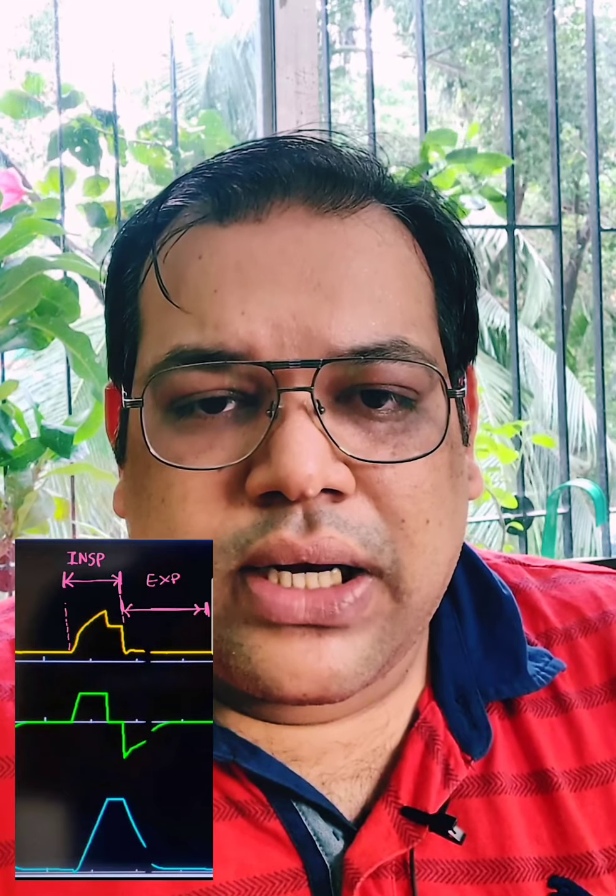Now we will dissect one single breath into parts, and we will learn about the phase variable. Now if you see, the inspiratory part and expiratory part are both separate. How the inspiration starts is determined by trigger. So there are 4 phase variables: trigger, limit, cycle, and PEEP. We will start with trigger. Trigger means a variable which will determine when the inspiration will start, in simple language.